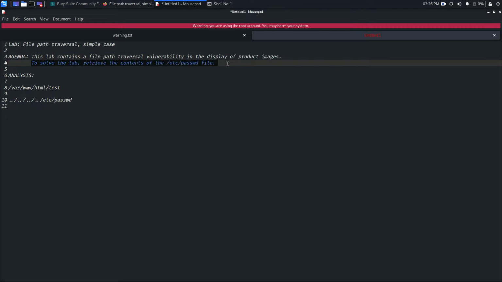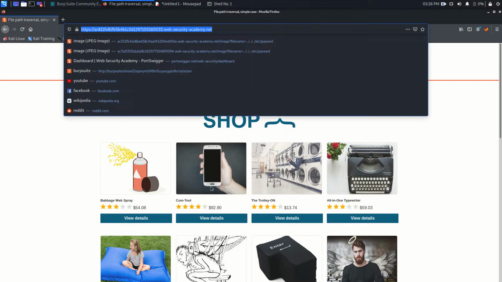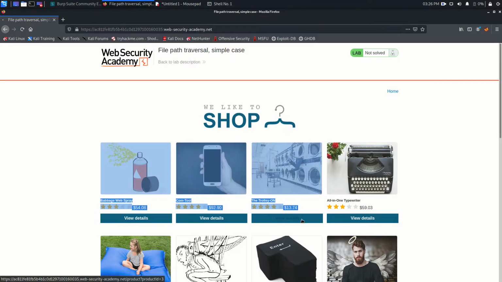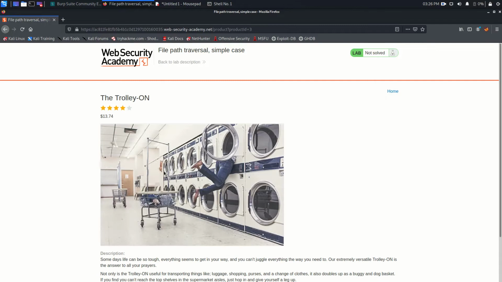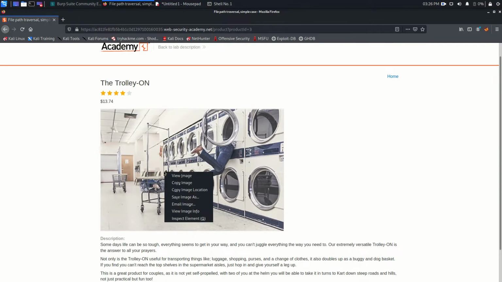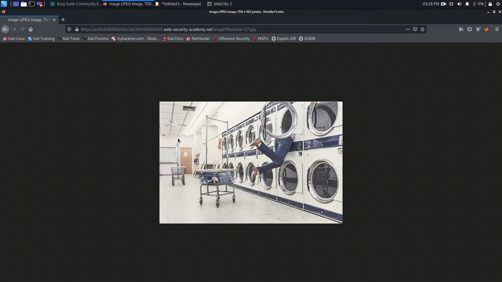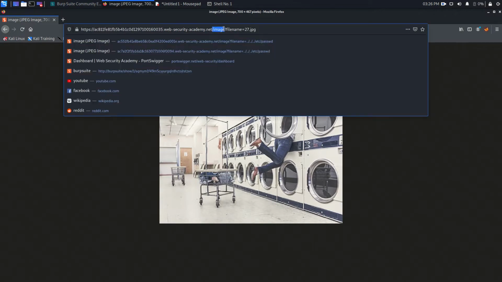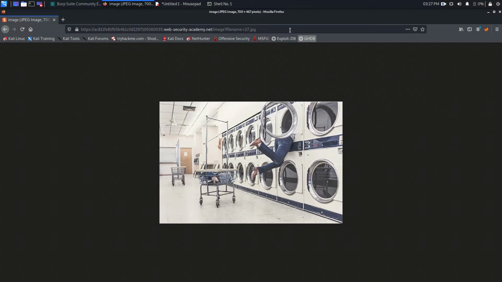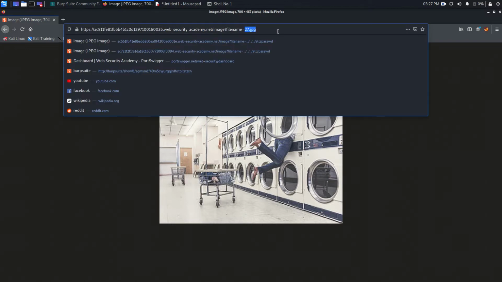So let's go. Okay, choose any of these products. Suppose I choose this one, and we got this image. Let's just view image. Once we view image, we can see here this complete URL. This is the path, and after this question mark, what you see here, filename, this is the parameter, and this parameter is actually calling this file. So now suppose we try slash etc slash passwd,